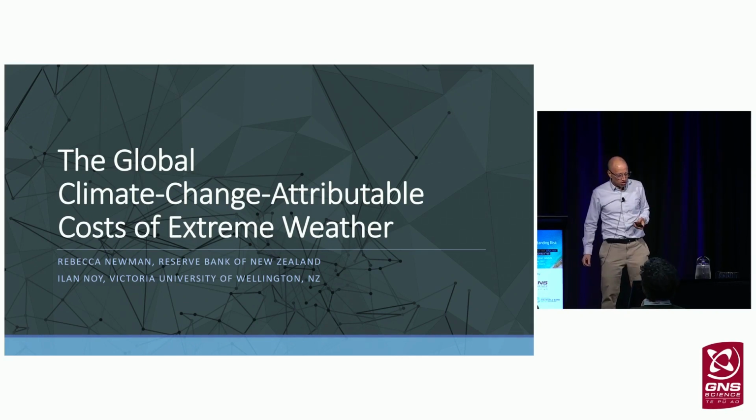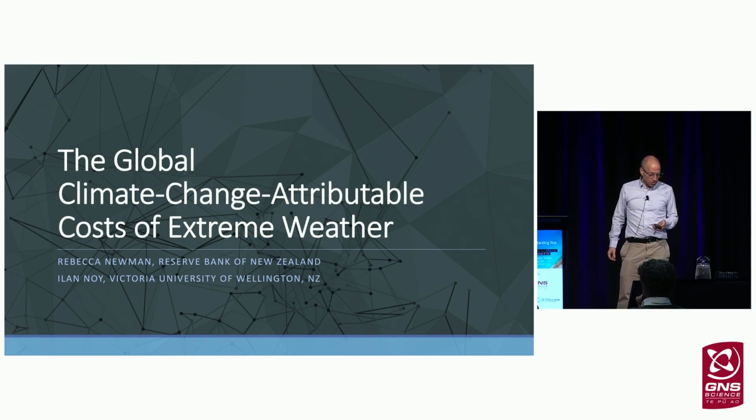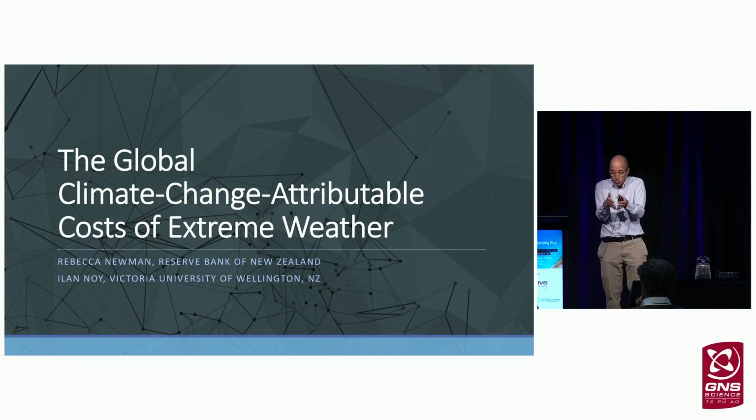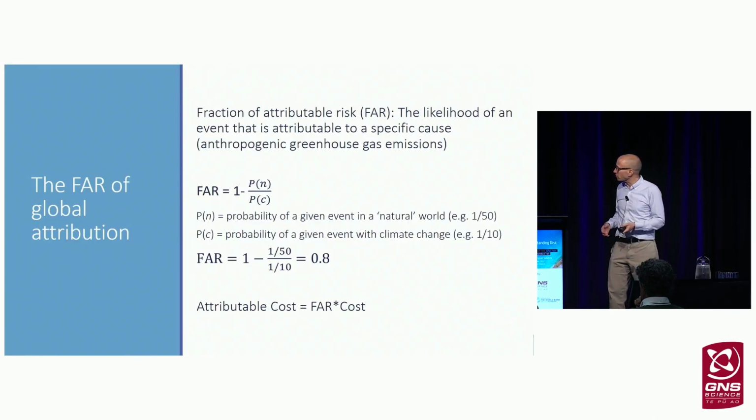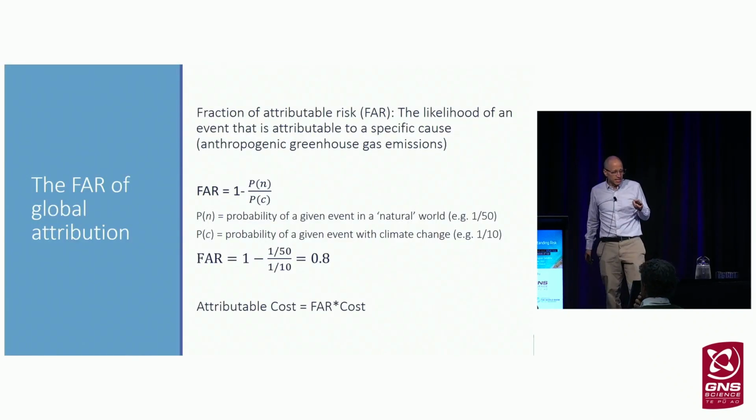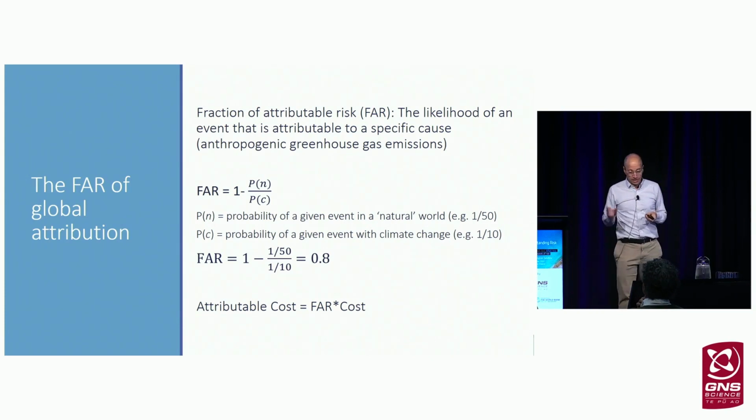Okay. So this is one example of what we could do with this kind of attribution research and sort of socioeconomic research. The other example I want to talk about is completely different scale. So going from the individual to the global. Okay, exactly the opposite. So what we're trying to do here is using the other type of attribution. That's the global, change in the likelihood, or the change in the frequency, rather than the change in the intensity. I'm not going to bore you with the details of what that exactly is, but basically, trust me